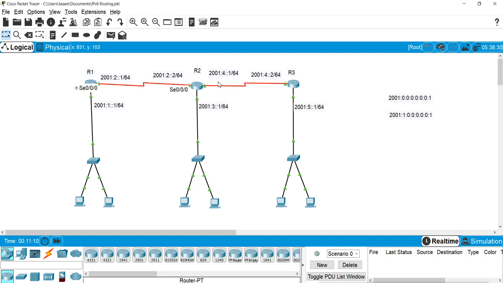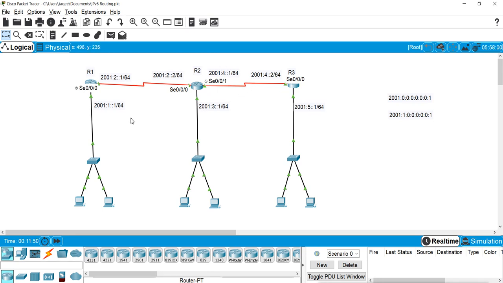This is the different network, and this is the first IP of that network, colon 1. Then here I have used a different network, 2001 colon 4, and colon 1 is the first IP, then colon 2 is the second IP. So these are the first IP and second IP of this 2001 colon 4 network. These two IPs assigned on the router 2 and 3 serial interfaces are in the same network. Then I use a different network on this fast Ethernet port, which is 2001 colon 5, and colon 1 is the first IP of that network. So basically these are different networks.